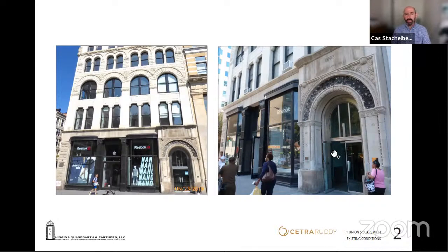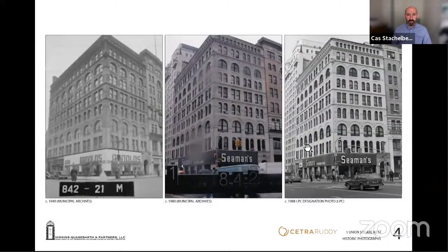And in fact, we know from doing probes on the interior that the historic location, or the original location of the doors, were actually set back another 12 inches within this opening. So the entry infill historically was quite deeply set into the original portal. Some